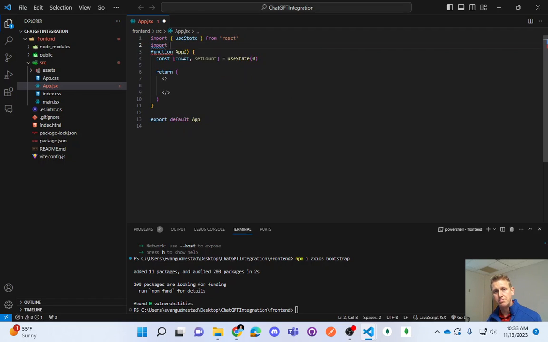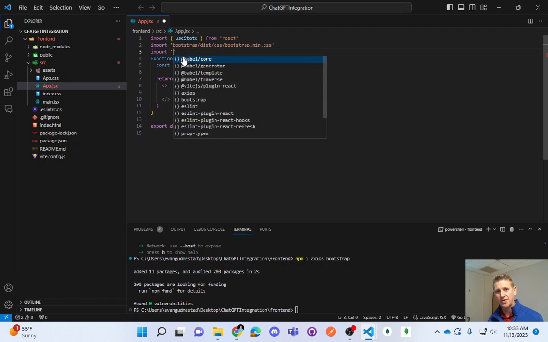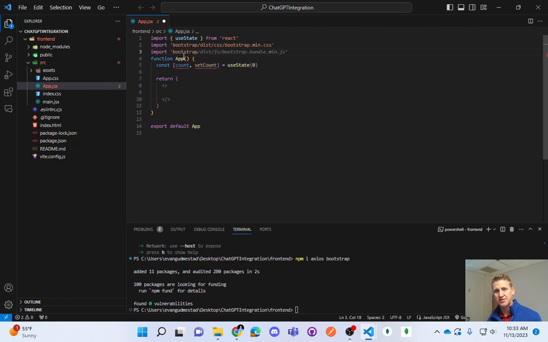I am going to import Bootstrap, which is in the dist CSS Bootstrap min, and the JavaScript import. I don't know that I end up using the JavaScript, and I'll just go here just to bring in some Bootstrap dependencies, the CSS file and the JavaScript file. And I'm going to have a Bootstrap container,